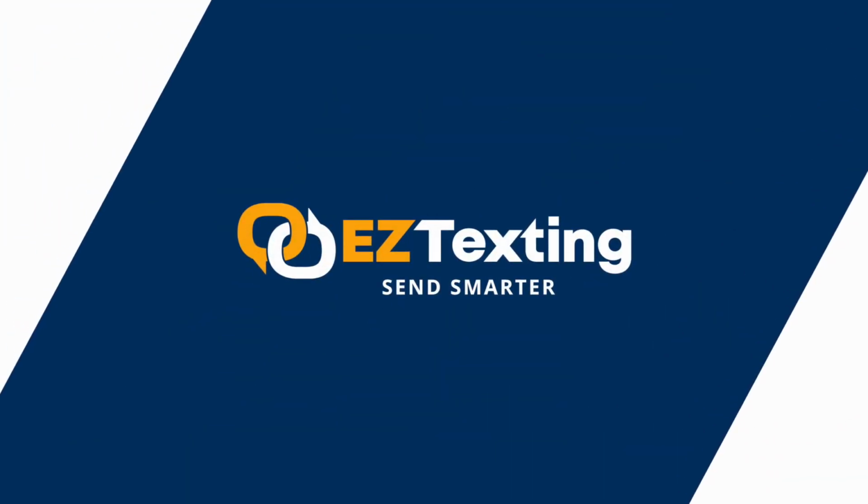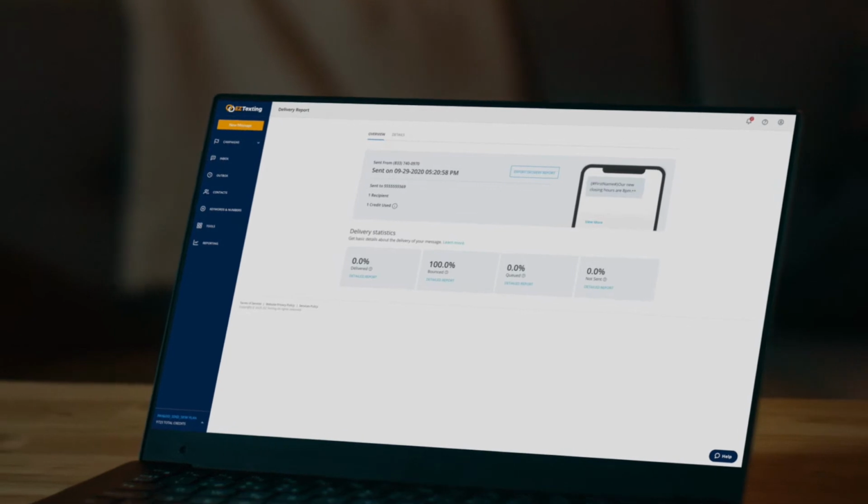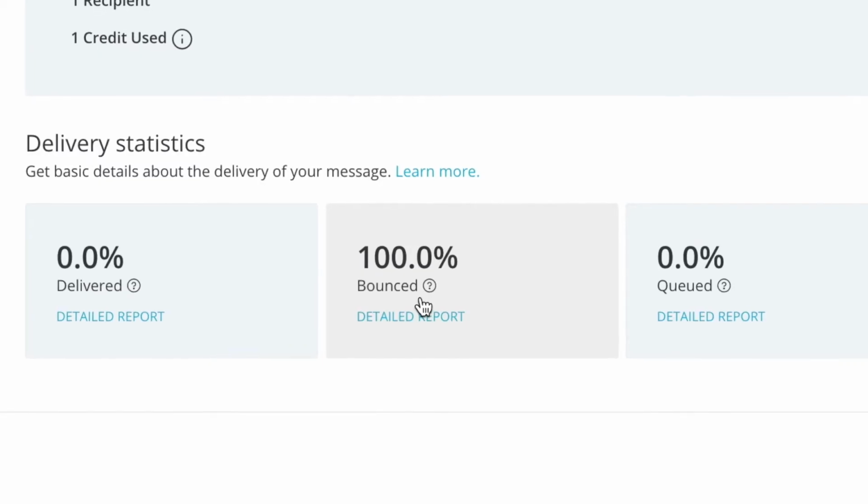Troubleshooting why your contacts are not receiving your messages with Easy Texting. It may be rare, but it's still frustrating when you or your customers are unable to receive an important and perhaps timely message. There are just a few factors for this, so let's consider the options and then how to address.